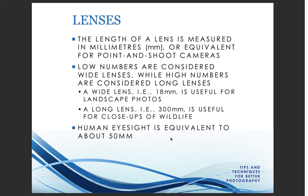A macro lens is for getting really up close details, and the micro lens is for getting very wide angles. So just to give you an example, when you're looking at all of these, human eyesight is equivalent to about 50 millimeters. So when you're doing 18 millimeters, a wide lens, that's going to be more up close. 300 millimeters is going